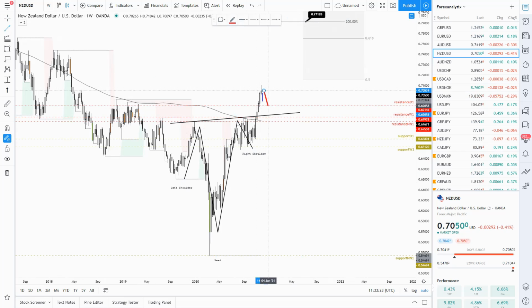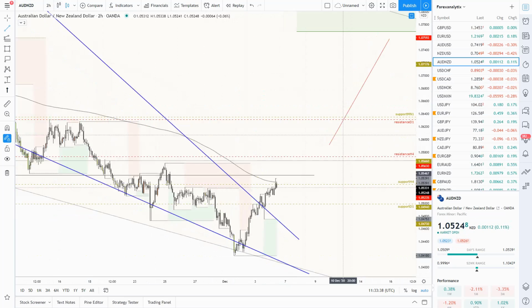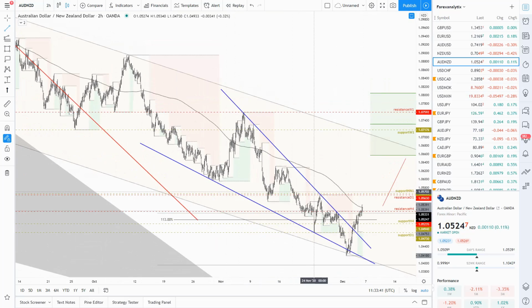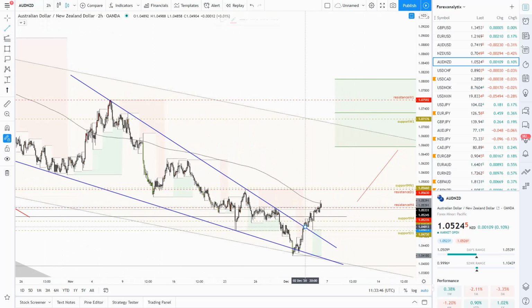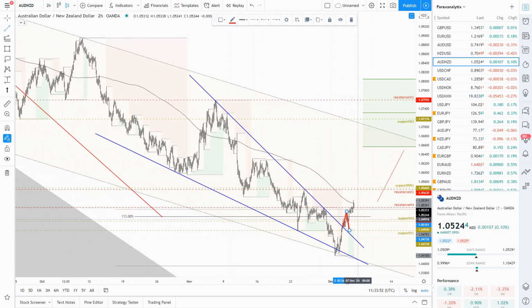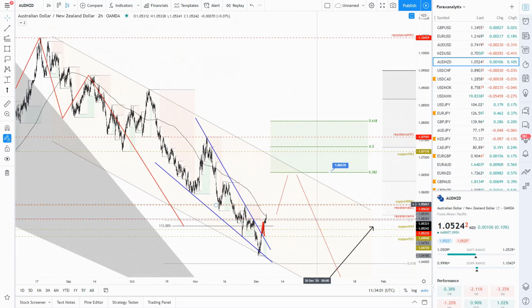For now, I believe there's possibility for shorts, and I need to see the price rejecting those fractals in these previous structure highs. New Zealand, Australian versus the New Zealand. I shared that descending wedge and the violation of that descending wedge. As we can see, we have also a clear violation of that wedge, and then a retest, in this case a retest of the previous support level, used again as a pressure zone for more upside momentum. I still believe there's room for more upside momentum, but let's wait and see.